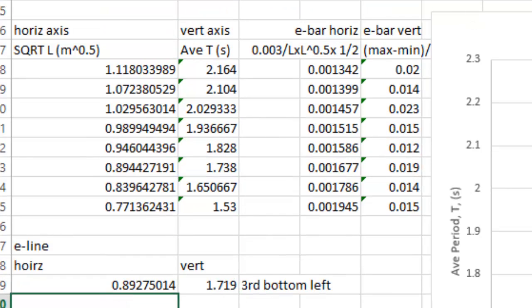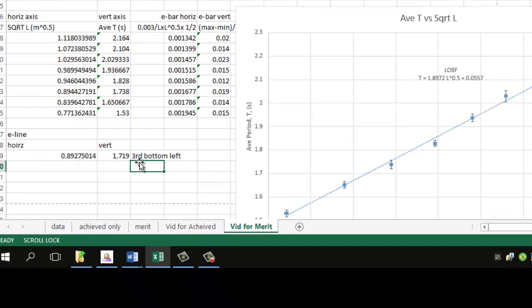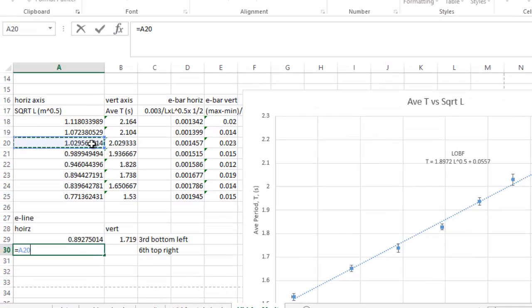Because you probably wouldn't have had that there either. So then we want to say that's 1st, 2nd, 3rd, 4th, 5th, 6th dot. That's what I want, the 6th dot. And I'm going to aim for the top right. So what that means, equals 6th, 1, 2, 3, 4, 5. 6, the 1.02 is the one I'm hunting, and I want to go to the right, so I want to